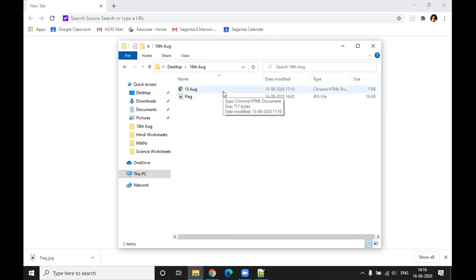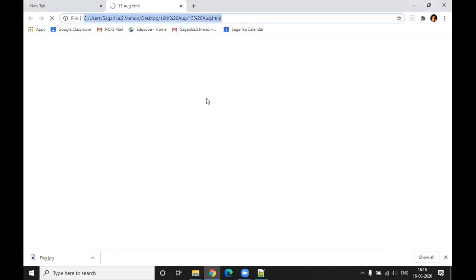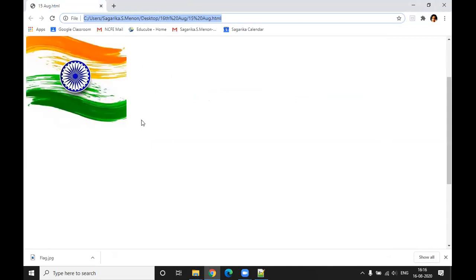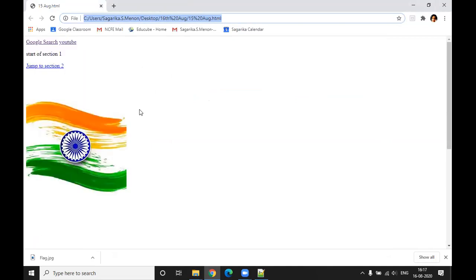We did our coding change. Now we want to see the coding change. So we can only see it on a browser. Okay. So if you can double click on the 15th August file and show me in the browser how it looks like. It is still showing you one particular flag, correct? For everyone, it is showing one flag or two flags? One flag. That means you guys have not edited the correct file. So you have to edit the file which is there in that particular folder, correct?